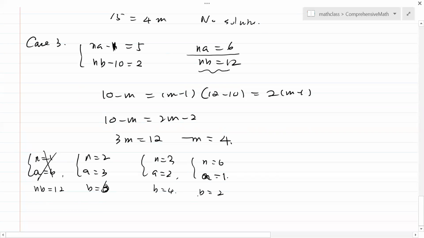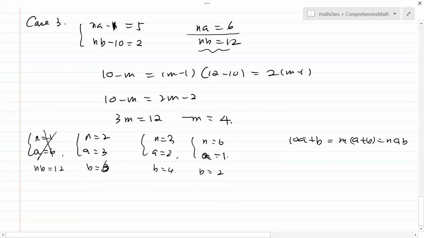Okay, and then you just check them and go back to the original equation. So you only have 3 solutions here, and you do get 3 solutions in this case. Okay, remember the original 3 equations: 10A plus B equals M, A plus B equals N, and AB equals,